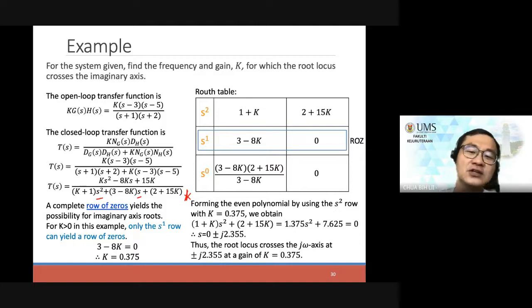We force a row of 0 because we know that by having a row of 0, there is a possibility of imaginary roots, meaning to say it becomes unstable. That's why we call it force. Force a row of 0, we assume this is a row of 0. So if it is the case, then this would be equal to 0, right? So we get k should be